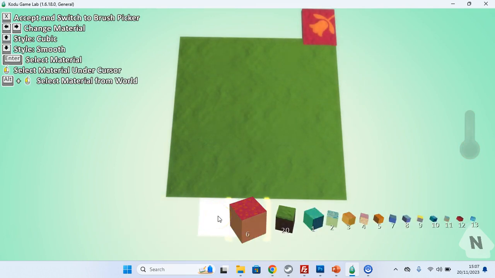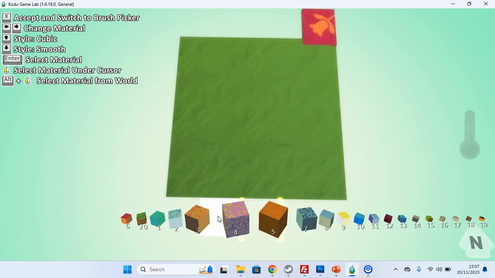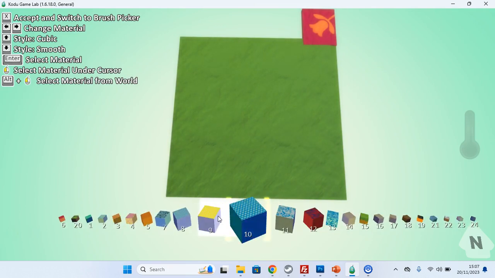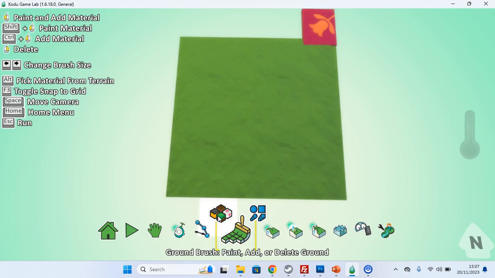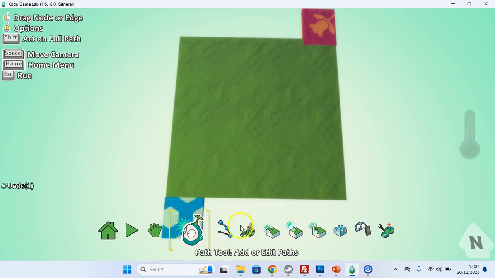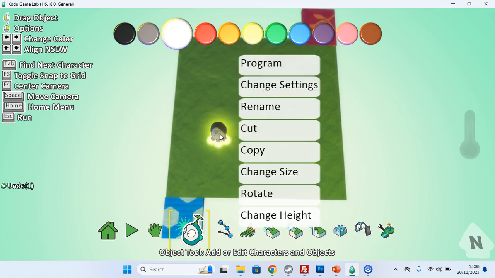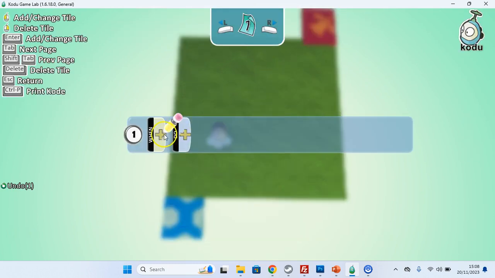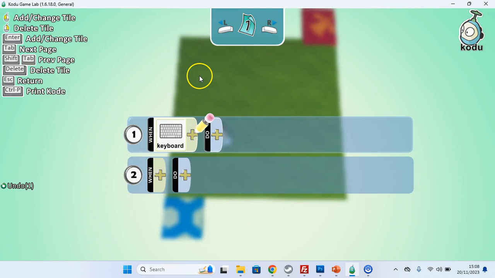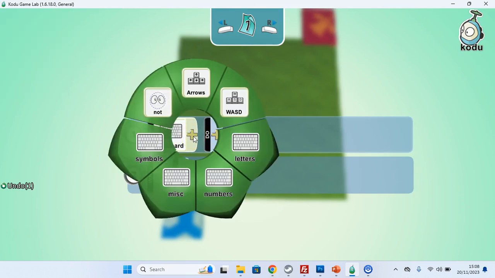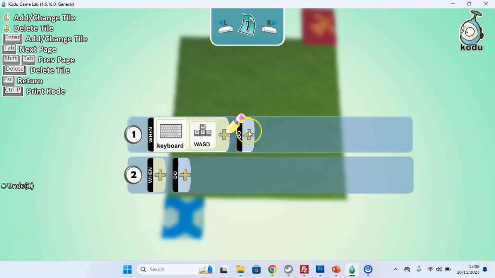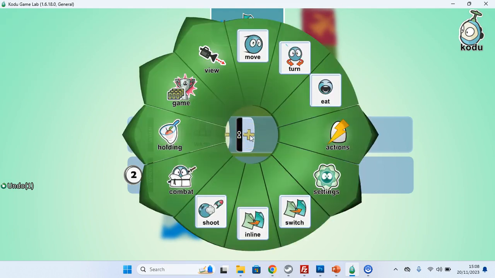And then I'm going to produce a different colour, so I'm going to go for maybe blue, world 10, and I'm going to use that to produce a start zone. With my object tool, I'm going to then place a Kodu, and the Kodu is then going to be programmed so that when keyboard, and I'm going to say WASD keys, do move,